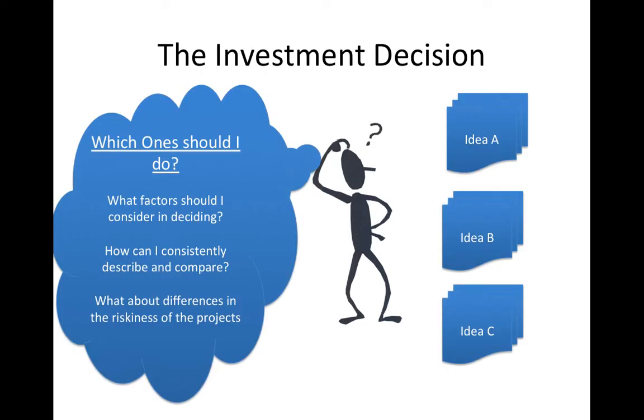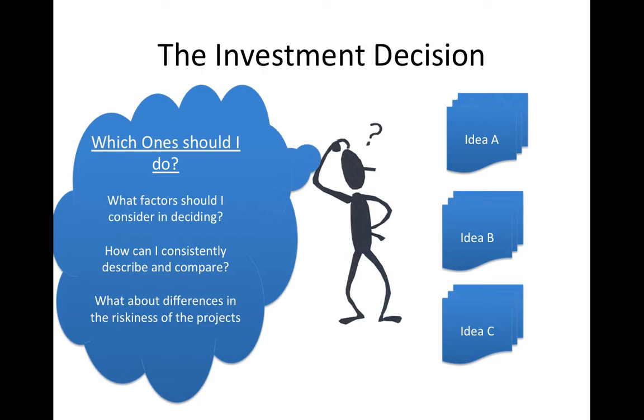So, if we just think for a second about the investment decision, you as a company, whether it's an individual or you as a committee, an investment committee, or however it is, typically have more than one idea that you might invest in. One may be a project to upgrade some equipment, another may be to invest in a marketing program, another may be to take the money and put it into some sort of stocks or bonds. So you've got these choices of what you might do with the money.